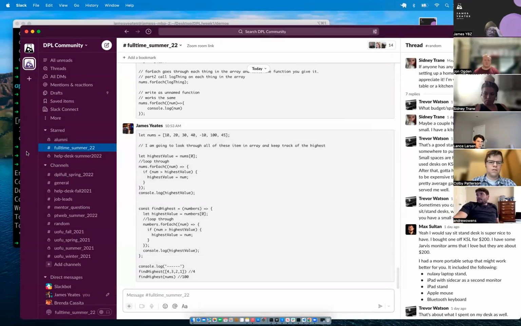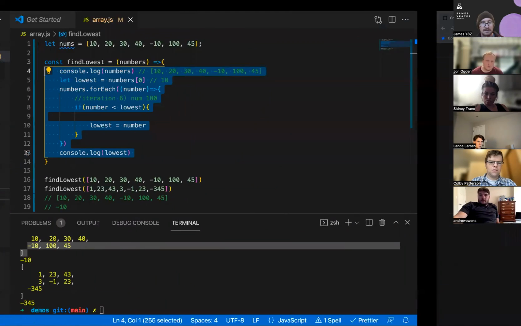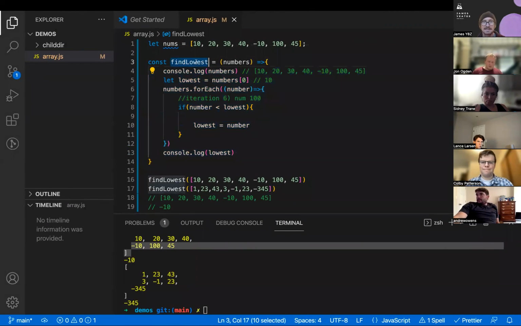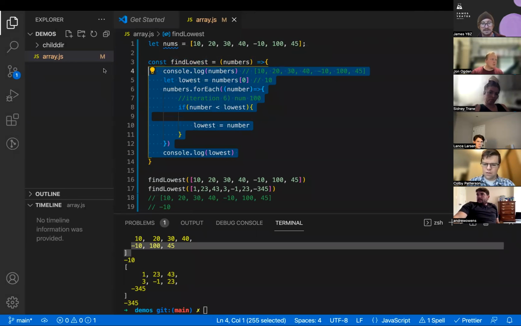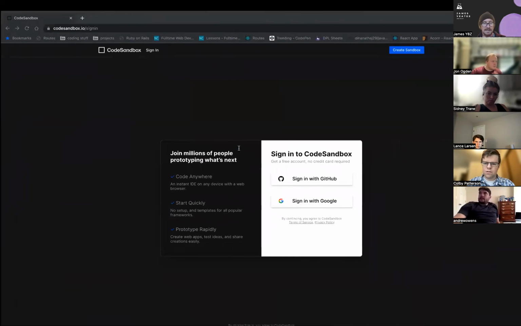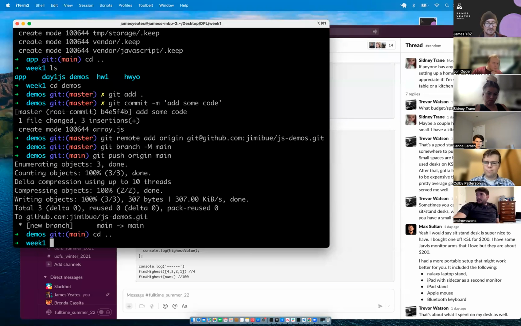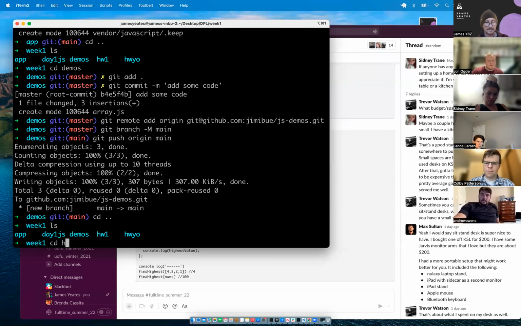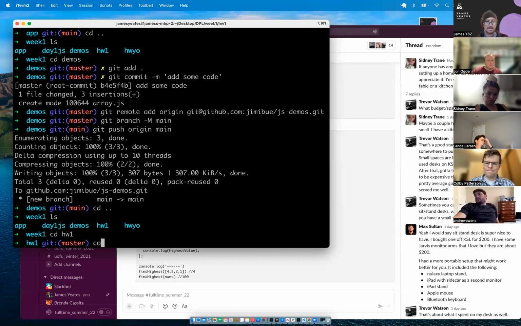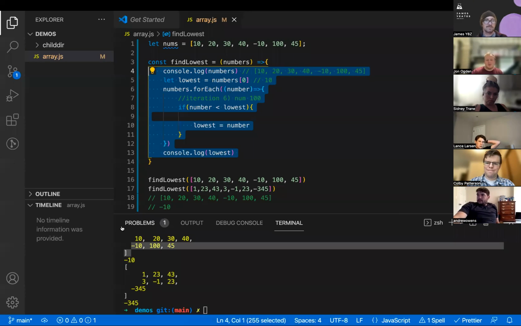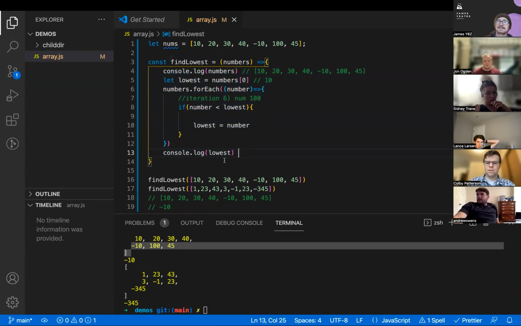Let's see, what is the name? Let's say these names are the same. And I just copy and pasted. I went and took this logic, I copy and pasted it in there. Actually, let's do that. Because I think this one is pretty important to just wrap your head around. The homework requests that we return the lowest number, not just find it and console log it. Yeah, exactly. This is not